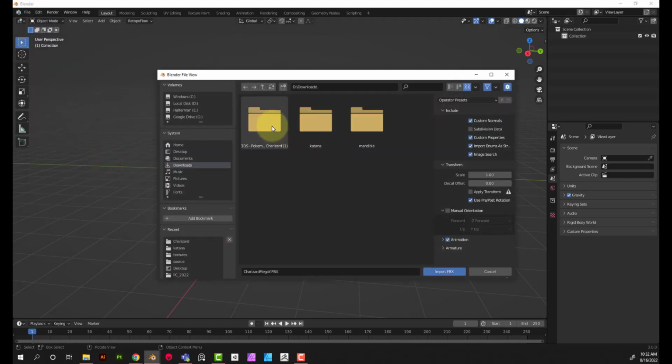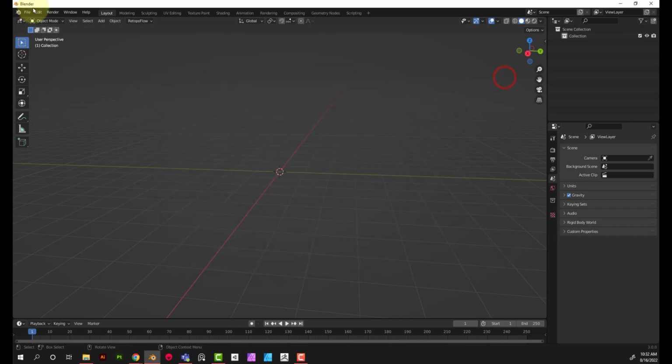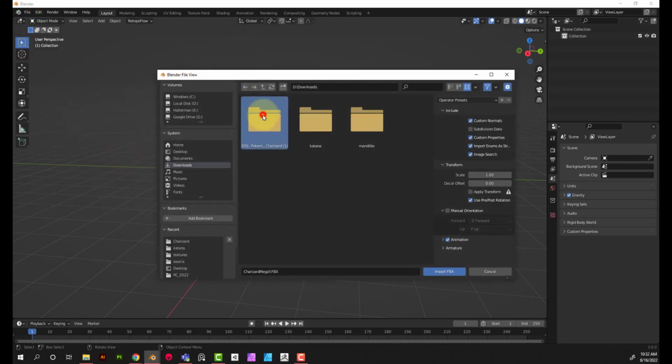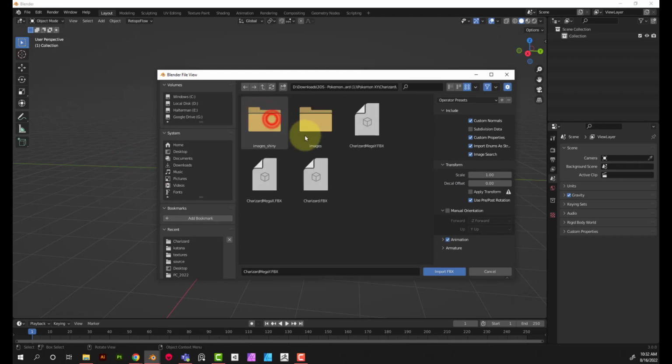Now do make sure that they are an FBX, not an OBJ. Either one's fine, but if you hit import FBX and it is OBJ, you won't be able to see it. So just make sure that you are importing the right file type so you can actually see what you're trying to import. So in this case, I'm going to import my Charizard FBX and just hit import, and we're going